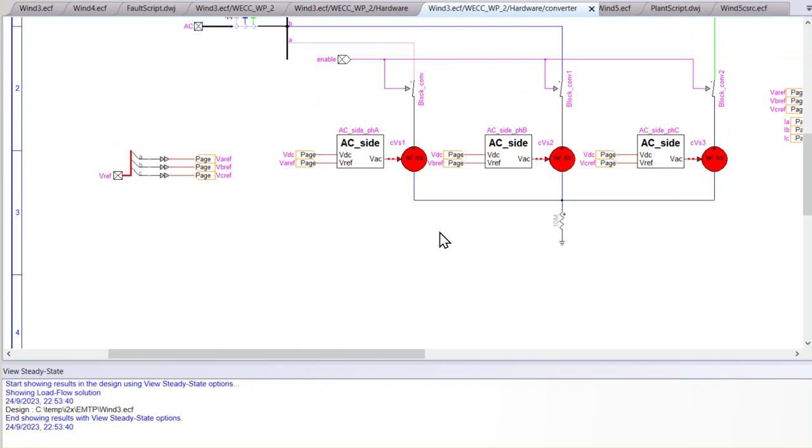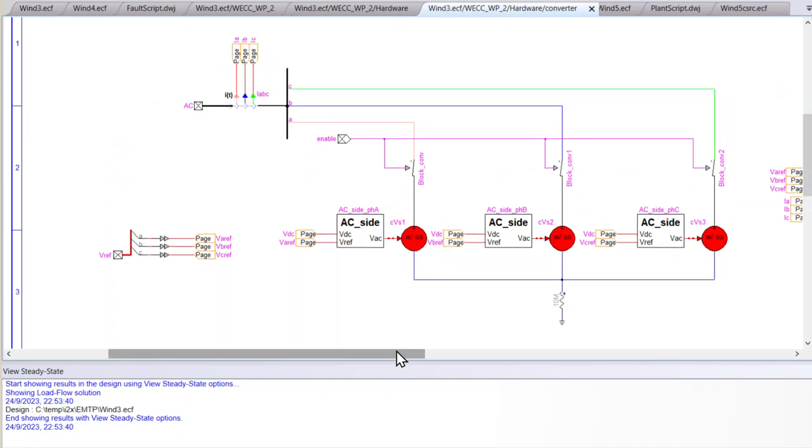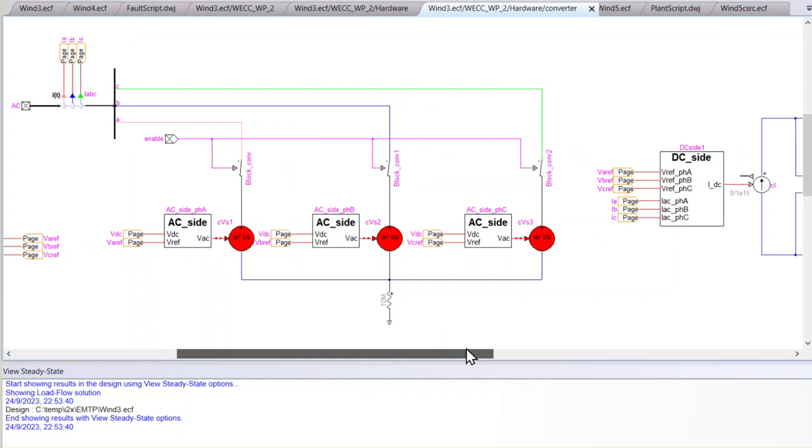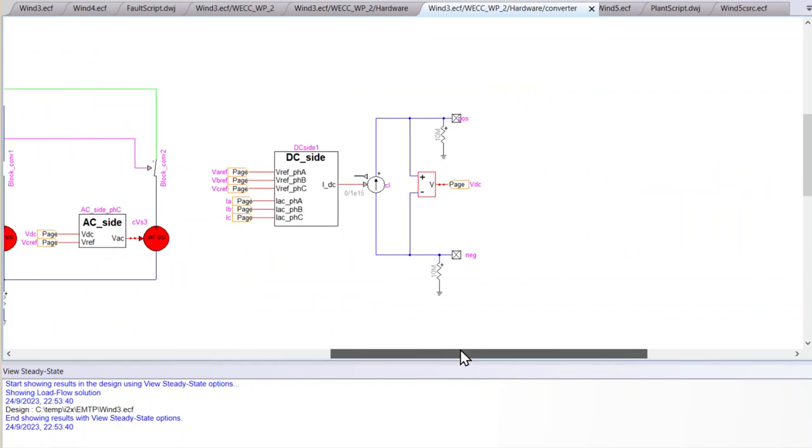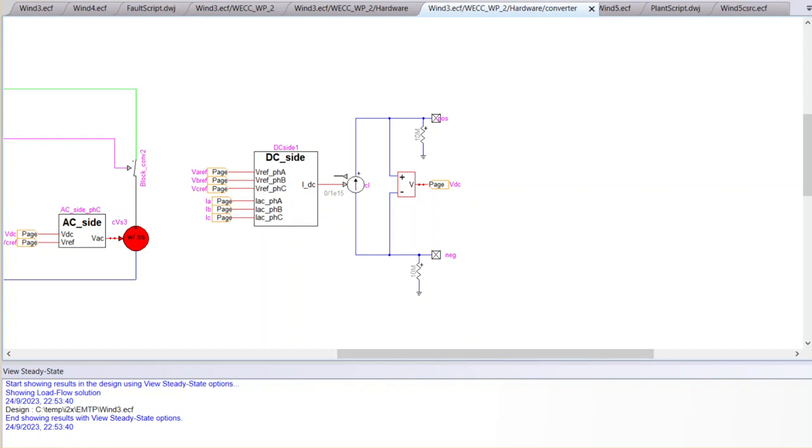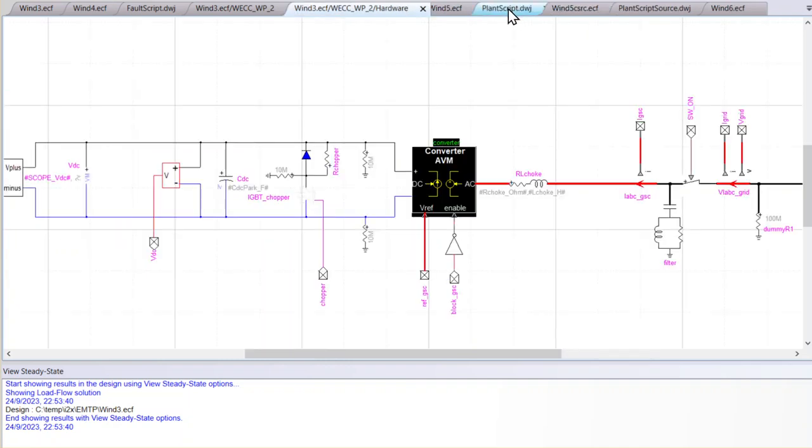And what we see, if you remember the lecture portion from the September 14th session, these are controlled sources on the AC side. And so we don't have switching inverters, but we have controlled sources here and here and here on the AC side. And if I go over to the DC side, I have a controlled current source here. So that implements the average model with the controlled current sources and voltage sources. So I'm going to back out of this,